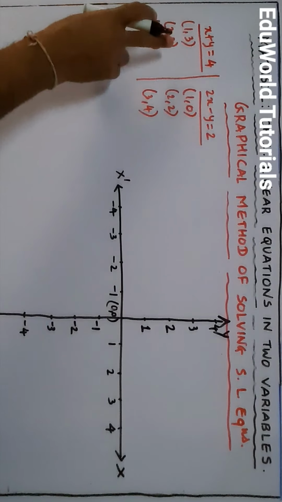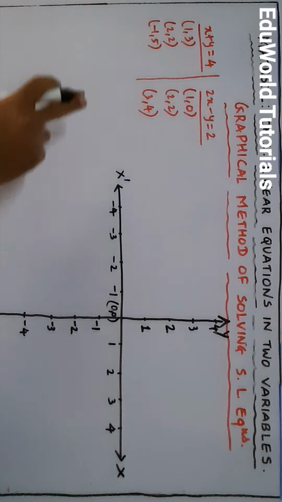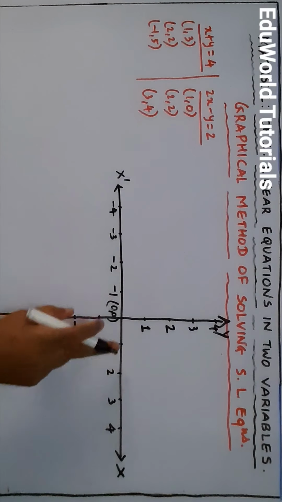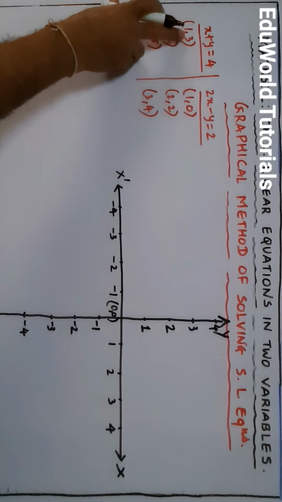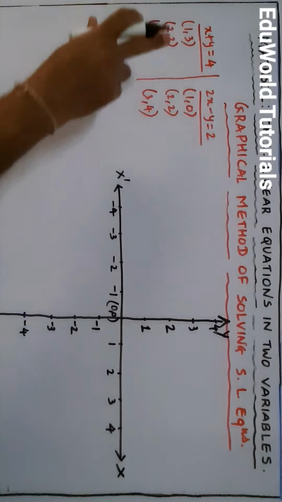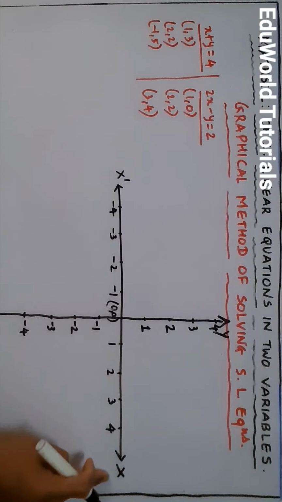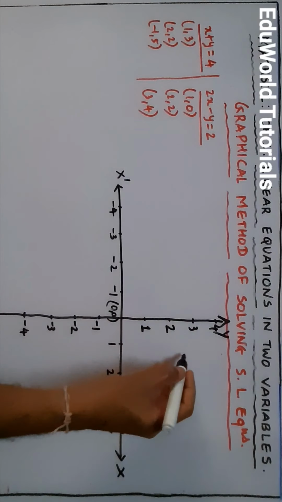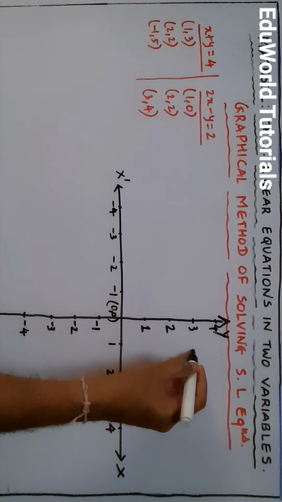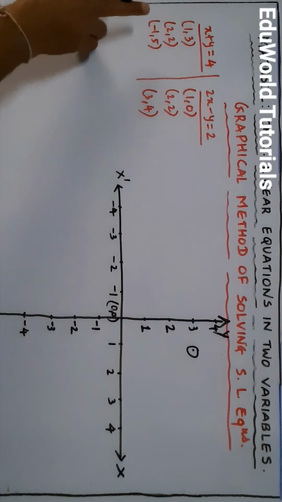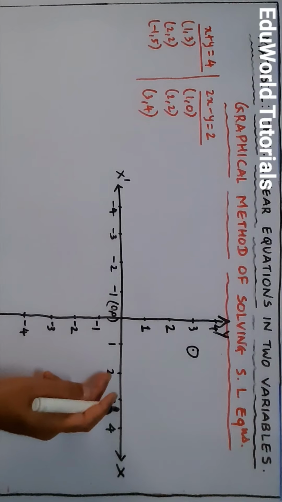Now the marking of the points. For the first equation, (1, 3) will be lying in the first quadrant. Always the first coordinate, the x coordinate, also called the abscissa, should be seen on the x-axis, and the second coordinate, the y coordinate, also called the ordinate, is seen on the y-axis. Both are positive, 1 positive on the x-axis, 3 positive on the y-axis. Both of them meet here. It is very easy for you to mark on the graph paper. This is the point (1, 3). The other point (2, 2) is again lying in the first quadrant.